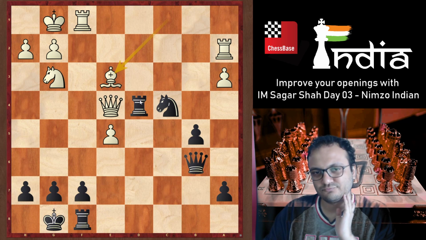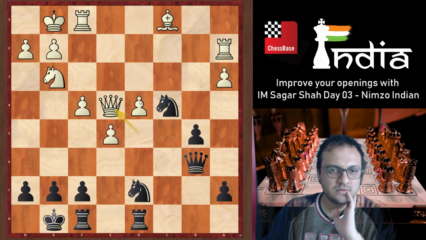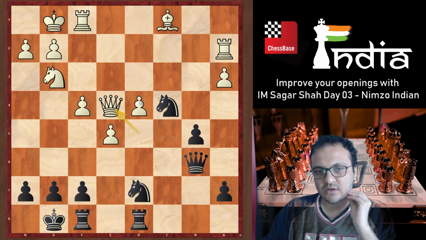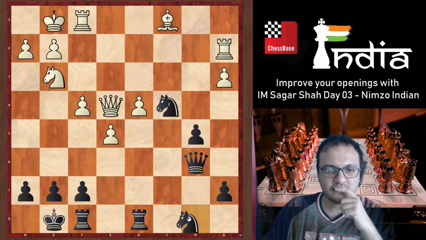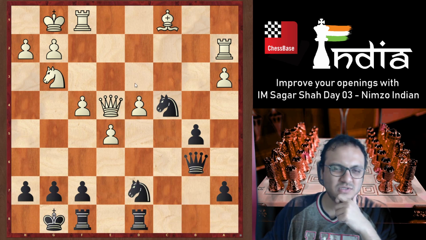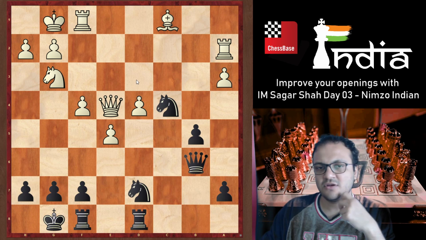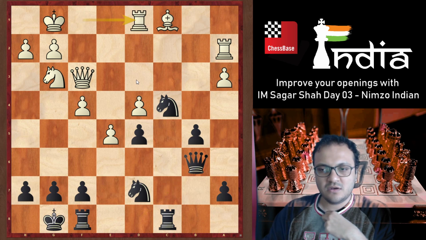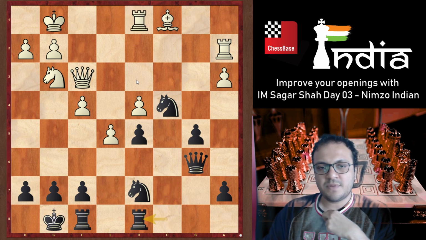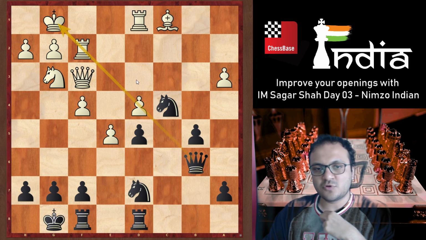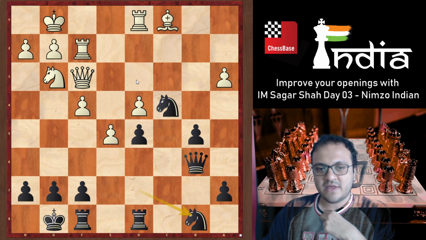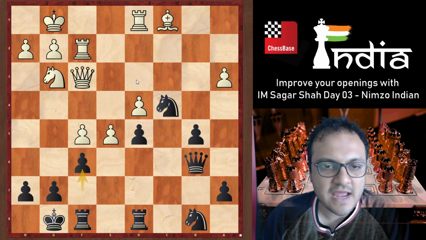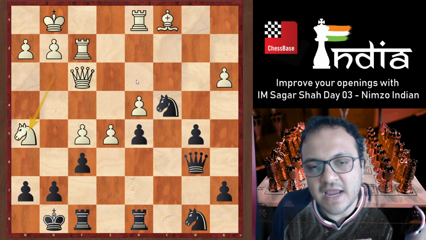Yeah, but maybe not knight e5, something else could be possible, say knight b8, but then yeah, it doesn't look great like in general, but I was afraid of giving him counterplay, so I just went rook d1. He played rook d8. I played rook f2, blocking the pin, and then after knight b8 I finally got my pawn in f6, and now it was time to cash in with knight h5.